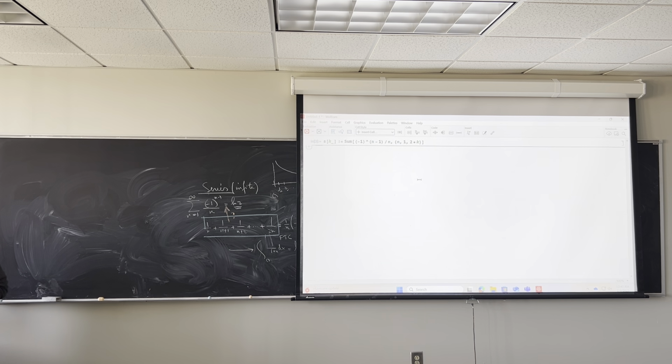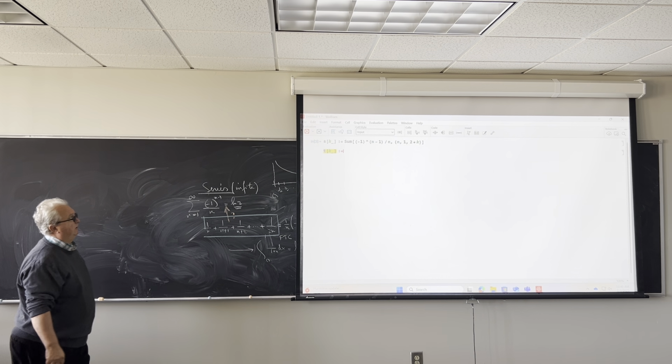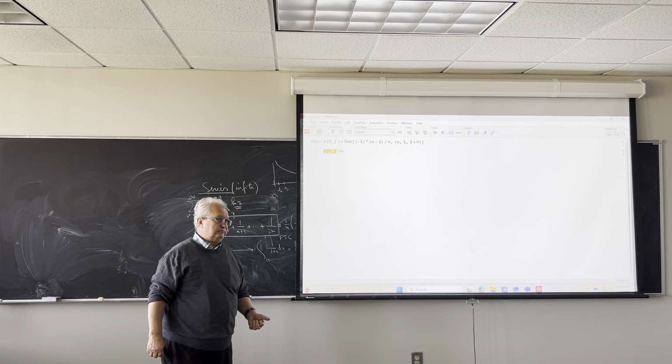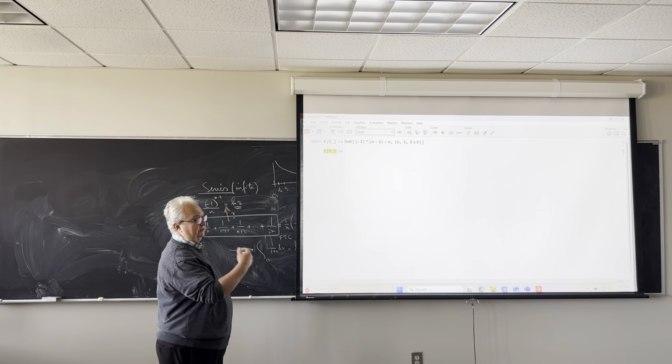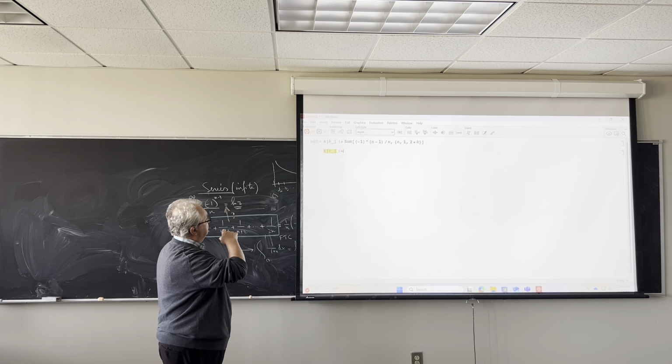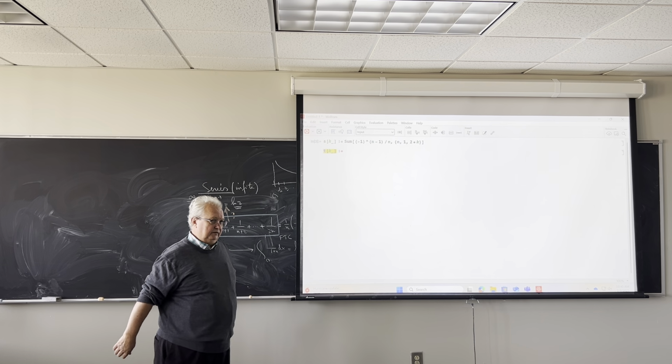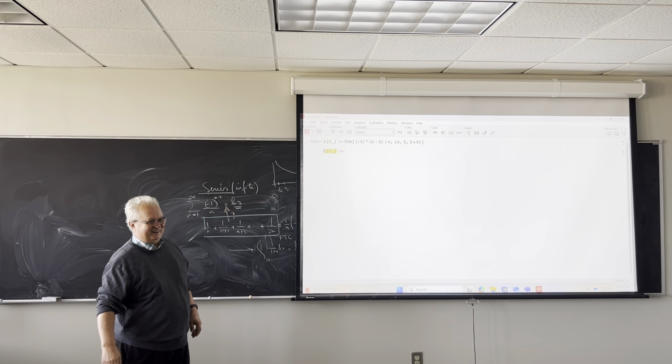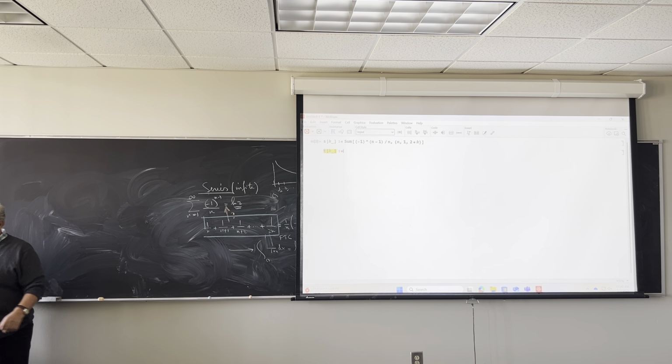Delete. I'm going to call this S or T, T of K. By the way, this is the syntax to introduce a function. So you have K is a variable, and then colon equal is to define, you're used to that from computer science, right? So I'm going to use the same notation as before, summation 1 over n,